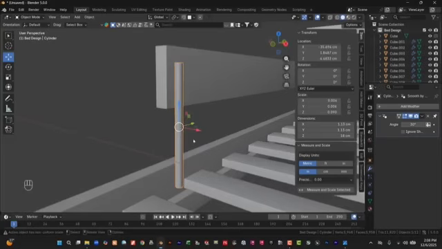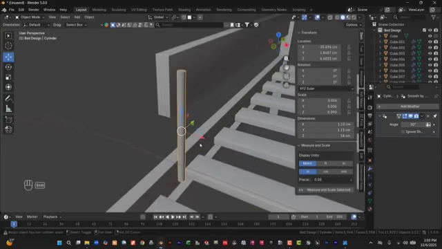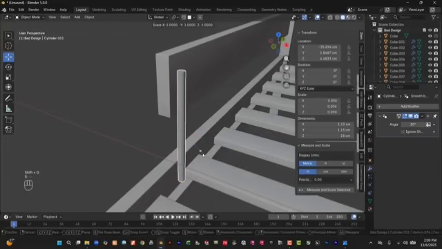Okay, so we have to add here, Shift plus D, scale,